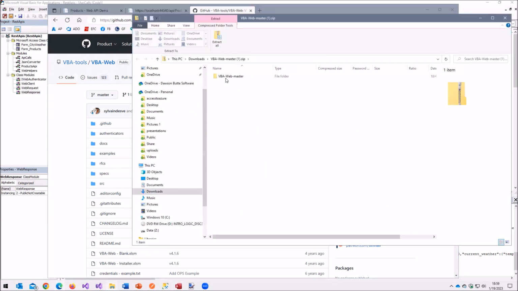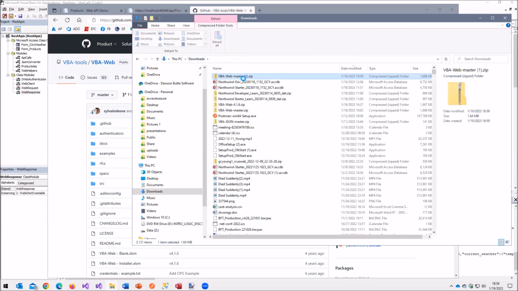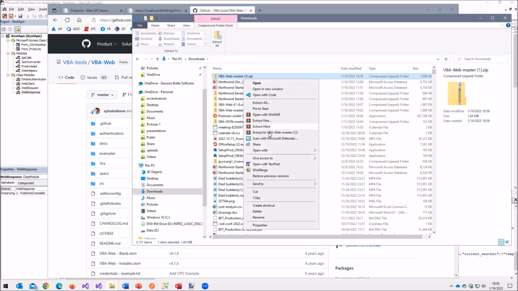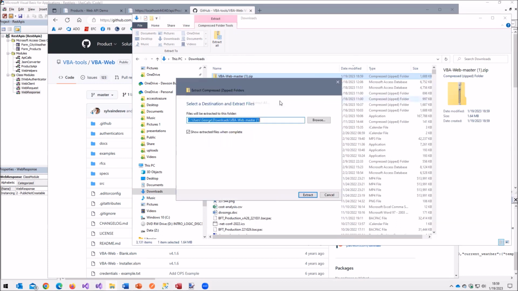You open it up and just unzip it, extract all.